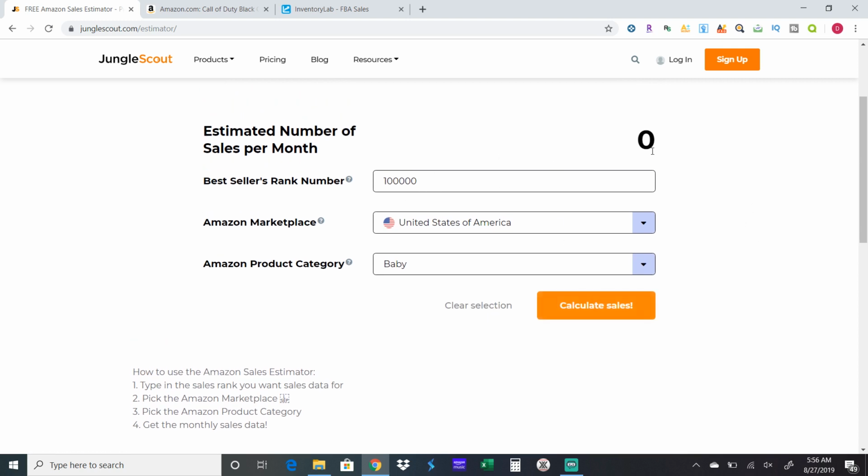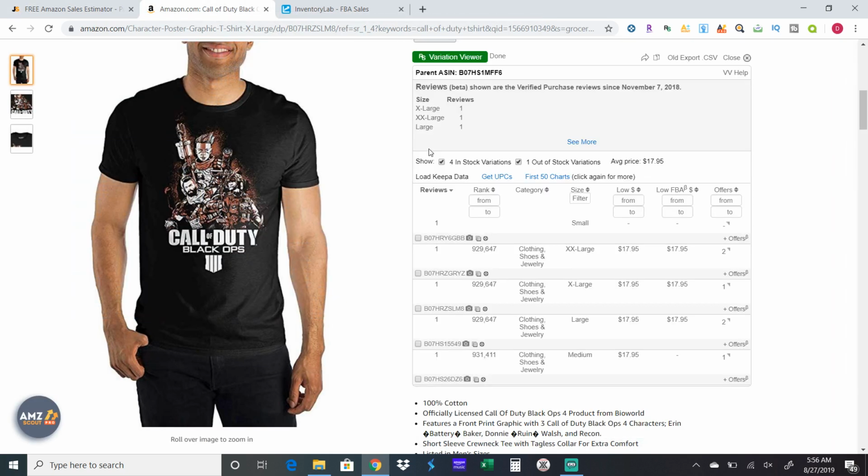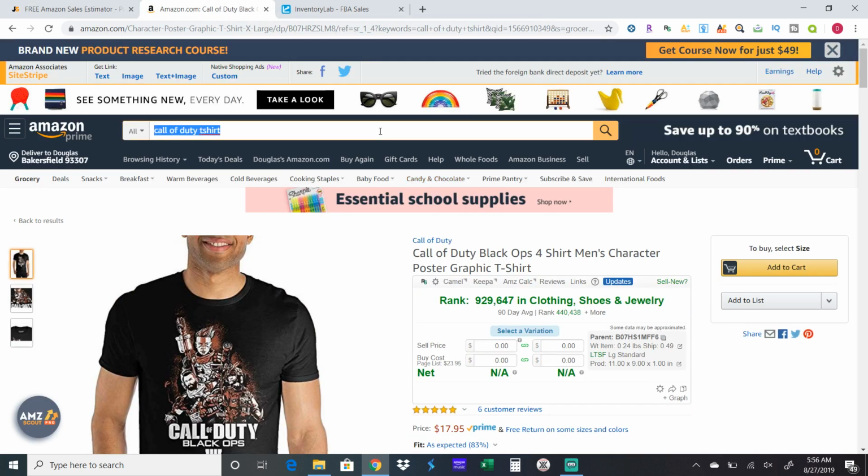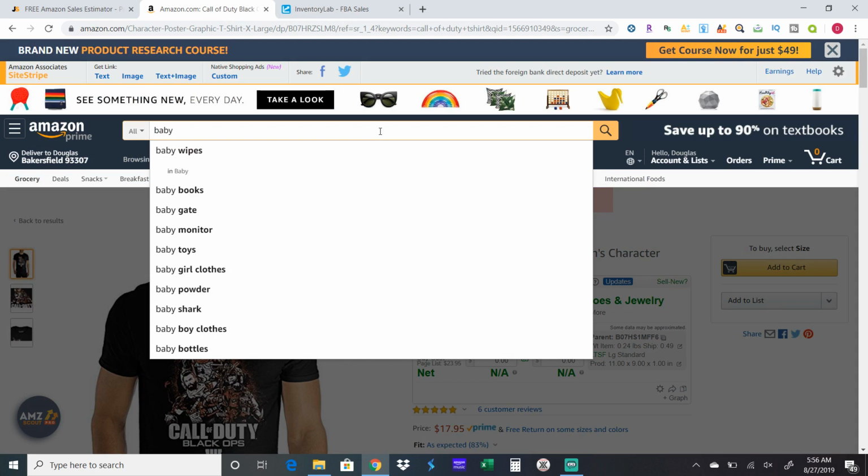So at a 100,000 sales rank, it estimates it'll sell 0. But if you go to 50,000 here, it's looking to sell about 30 a month. So I stick under 50,000 generally when I'm making a purchase with baby. So here, let me show you how this will work. So let's just go to baby